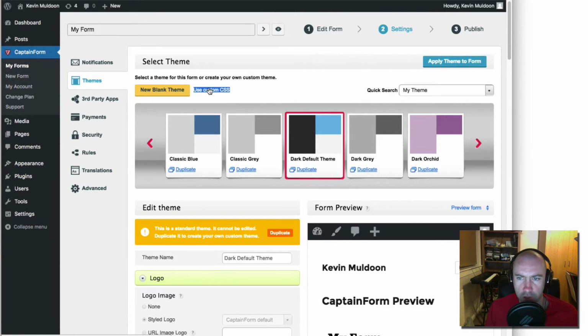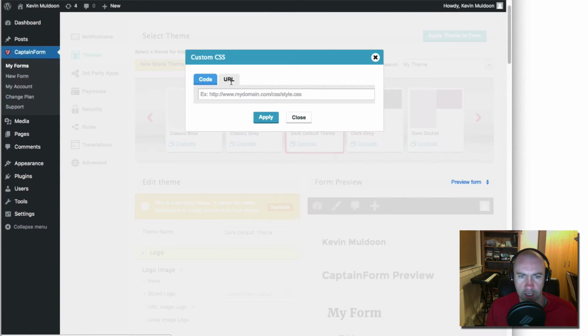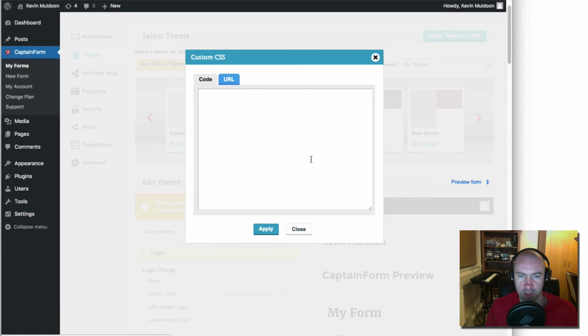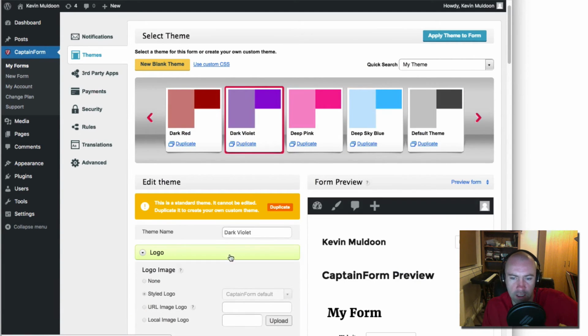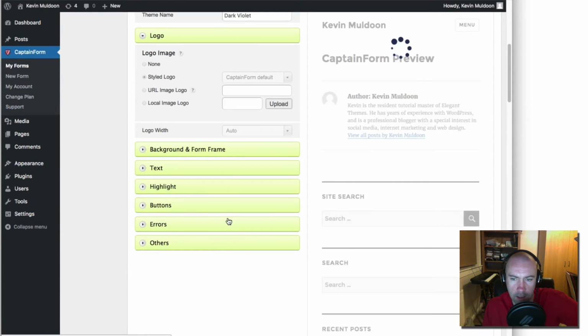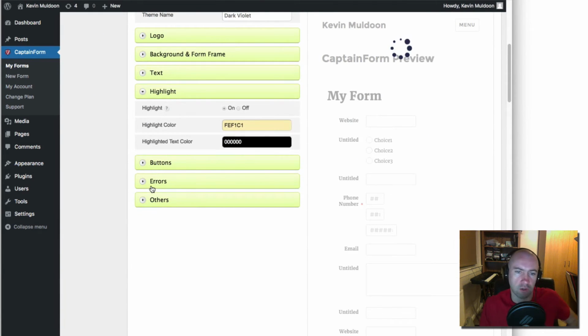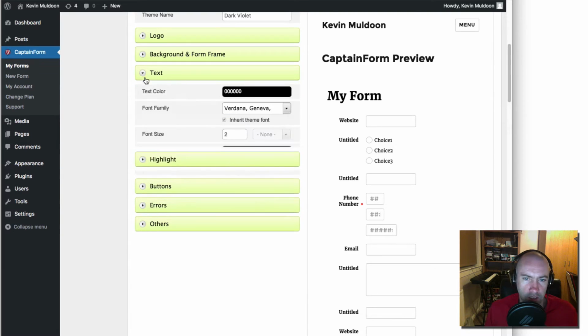You've also got here new custom CSS. So you can add in a link to a CSS file or just add your custom CSS code, and that's if you want to add further styling. Look at all the different colors. I probably should have counted how many there were before I did this video. But it's really good. It means that you can customize your text, your